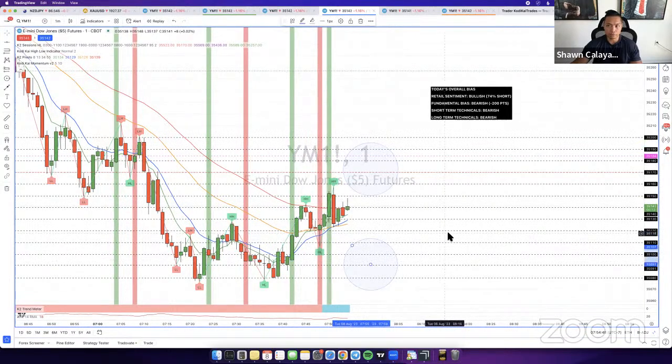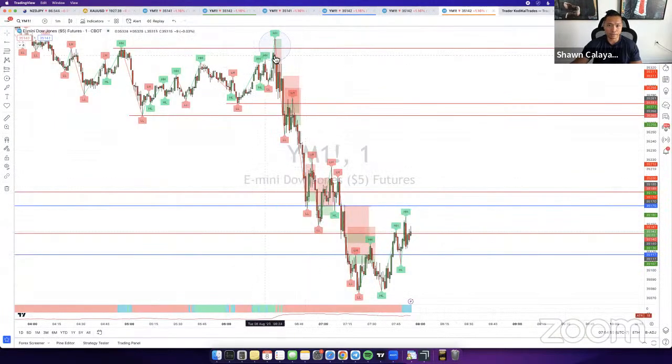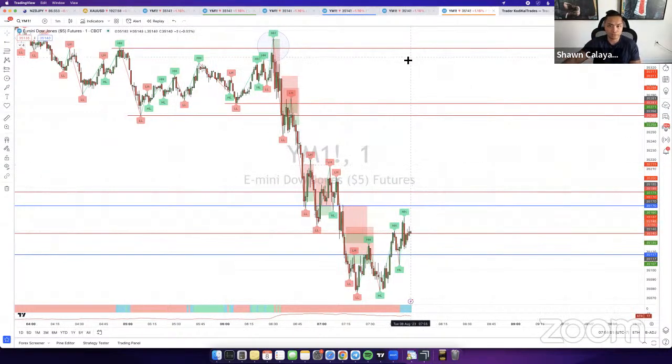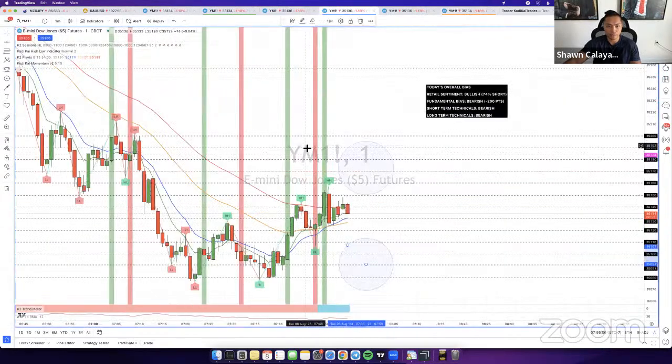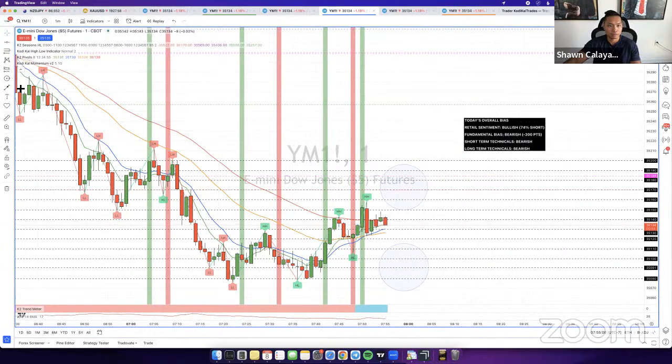No official trade today, of course. I mean, there's a lot of entries over here that I could have taken and maybe counted as an official entry, but I'm not going to count any of them. The only official entries are the ones that I take myself personally. I want to be 100% transparent with you guys, right? There's a bunch of entries here that came up, 1, 2, 3, 4, 5, 6, 7 entries, plus the entry that happened over here that I missed. So there's about 8 entries that came up today. But even though 8 entries came up, I'm going to count 0 entries because I didn't take any of them. My accounts are pretty much flat right now, and I'll just carry on tomorrow.